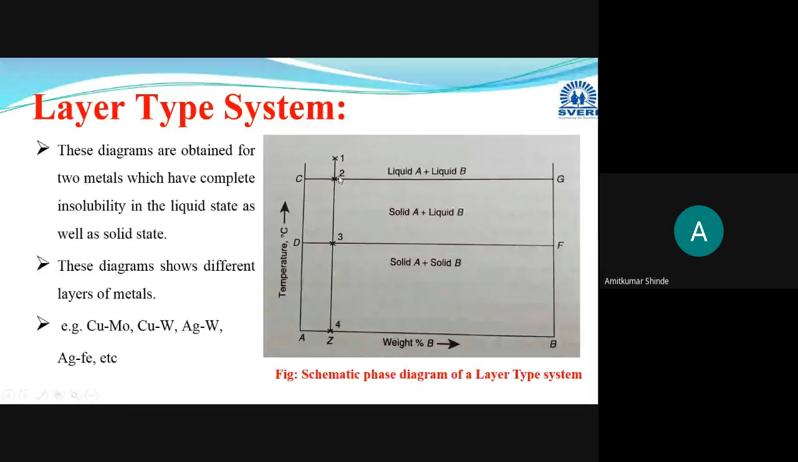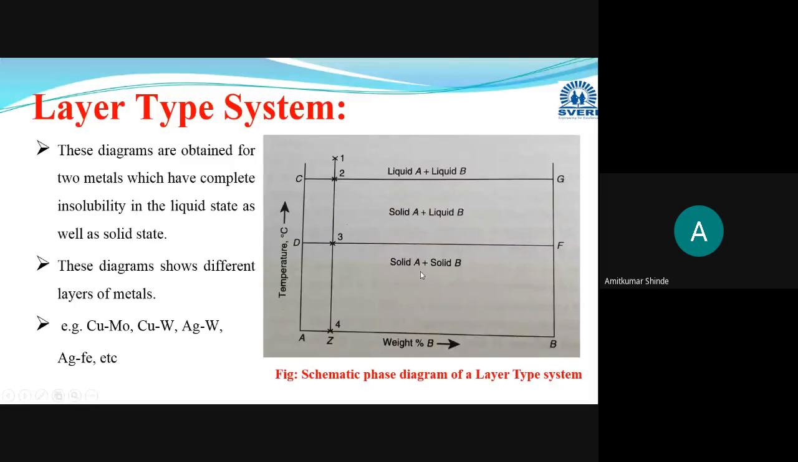Then as the temperature is dropping continuously and reaches point 3, this point 3 means your point D is the melting point of your element B. That element, this liquid B, will get solidified at point 3, and you will get the mixture of solid A plus solid B. From this region 3 to 4, continuously there will be only one mixture,